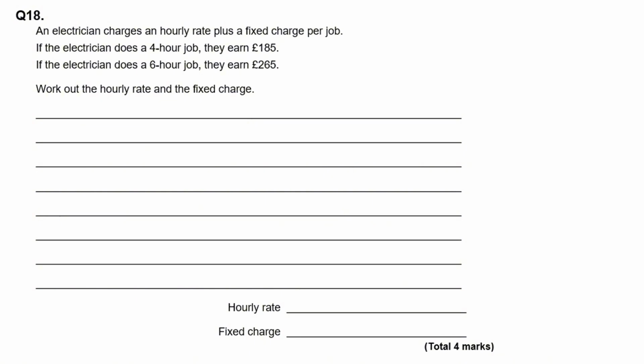Question 18. An electrician charges an hourly rate plus a fixed charge per job. If an electrician does a 4-hour job, they earn £185. And if they do a 6-hour job, they earn £265. Okay, so if I let the letter x be the fixed charge, and let y be the hourly rate,